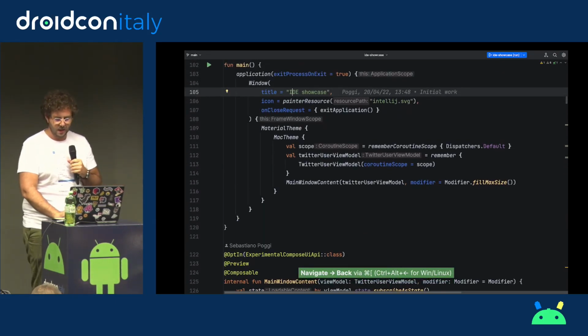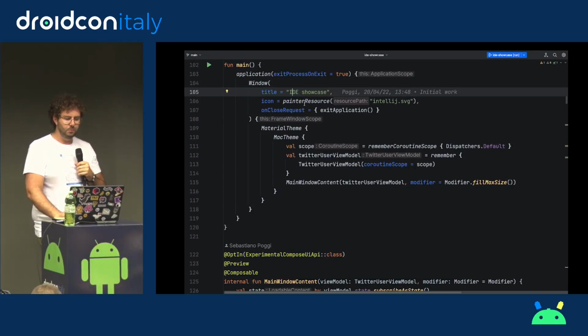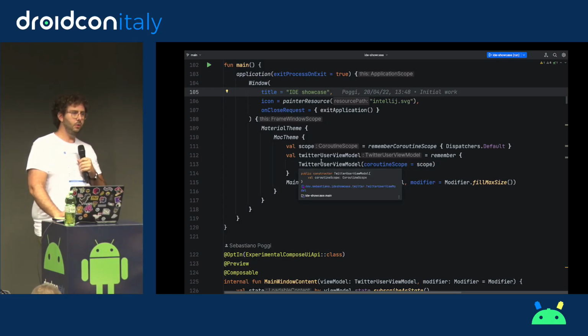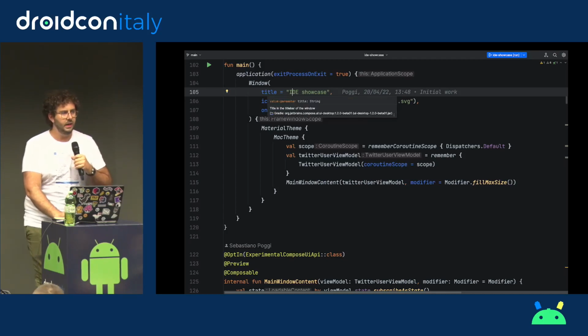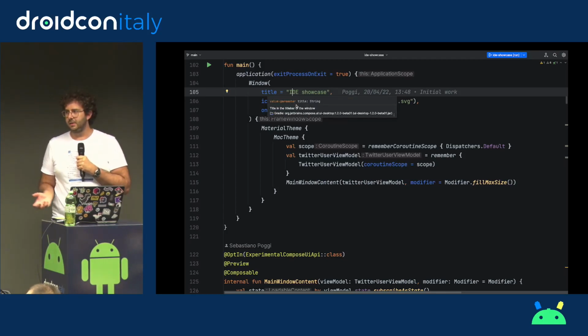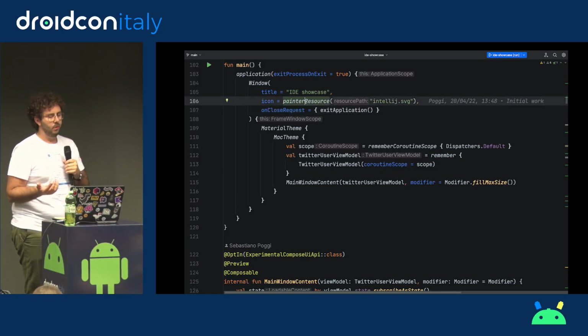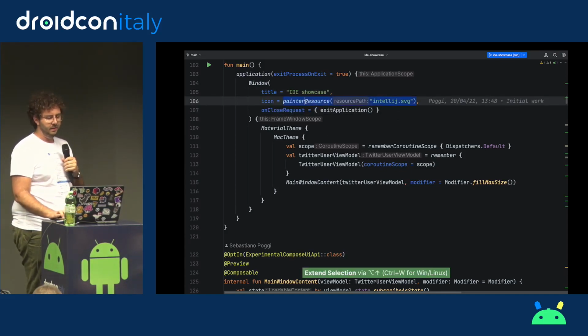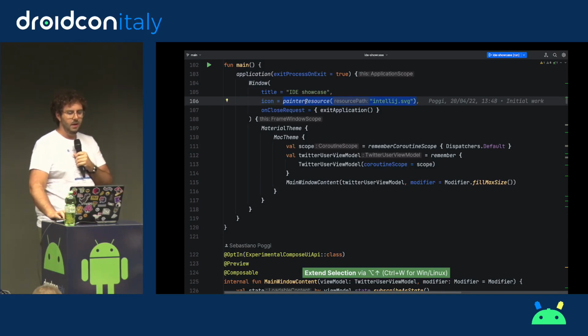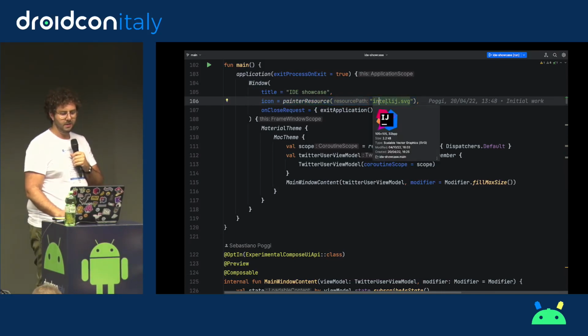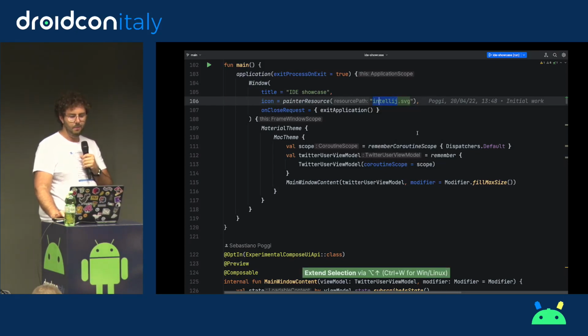Okay, perfect. Now, I've shown you how to move a line up or a line down, but it's not all there is to it. There's some really useful stuff that you might need at some point. I use, for example, all the time the expand selection or extend selection, which, for example, if my cursor were in this string and I wanted to select the entire string, I can just do Alt up and then Alt up again because there's a dot there.